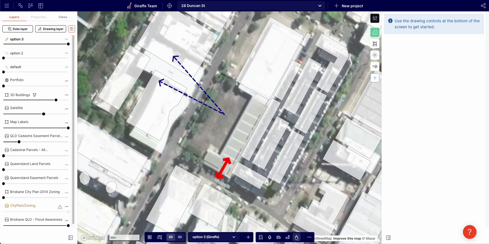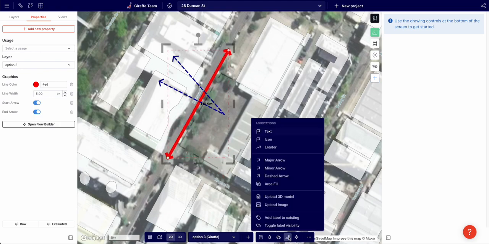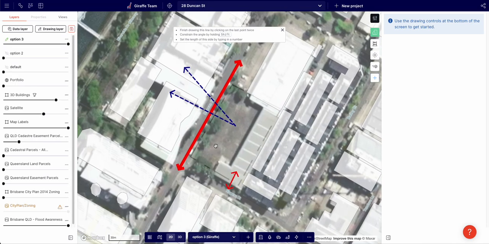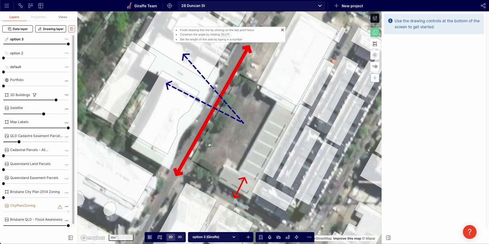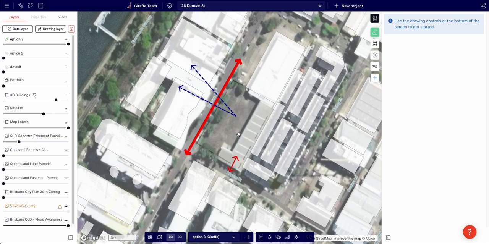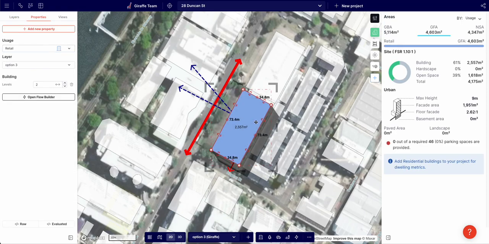Then this main street over here, maybe I'll mark the main street with this main arrow like this. And this, I'll put as the minor arrow over here. This is the in and out. What we're going to want to be doing is activating it, right? So I'm imagining there's a lot of traffic up and down Duncan Street. Maybe people are walking over there, but people sort of are going to loop in. And all right, so immediately what I'd do is I'd just draw a big lump of retail on that side